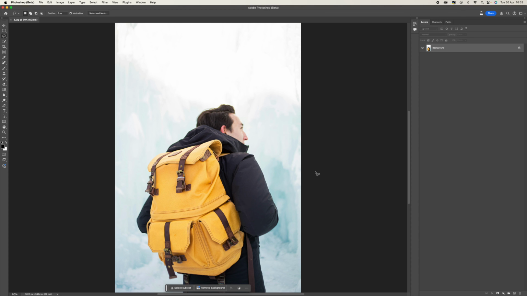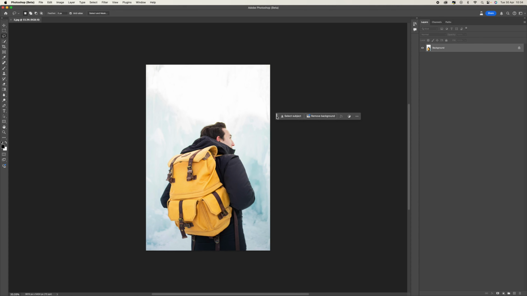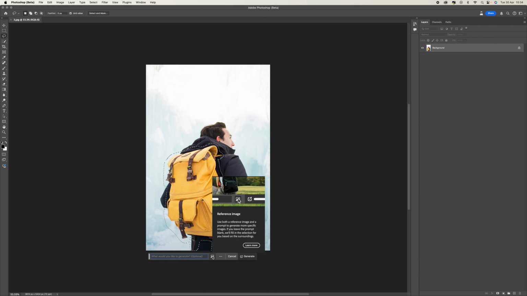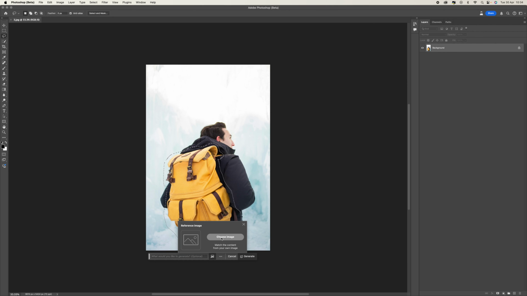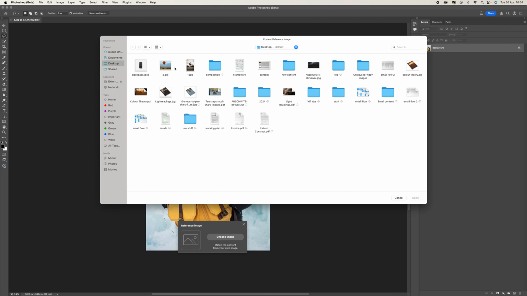So looking at this image then, the first feature is generative fill with a reference. We can select an area. So let's just select this backpack, for instance. Say we want to change this backpack. You can then come to the generative fill, click on that, and you'll see that there is a little icon here that says reference image. So if we click on that and then select choose image,